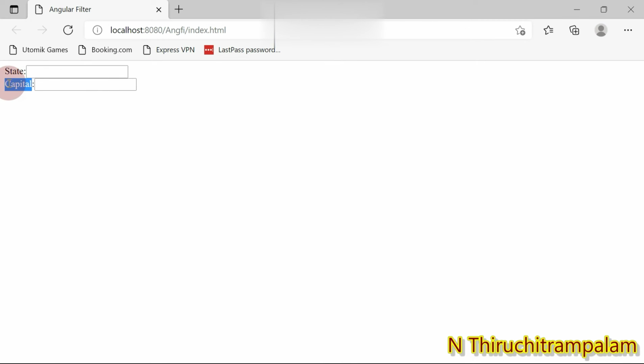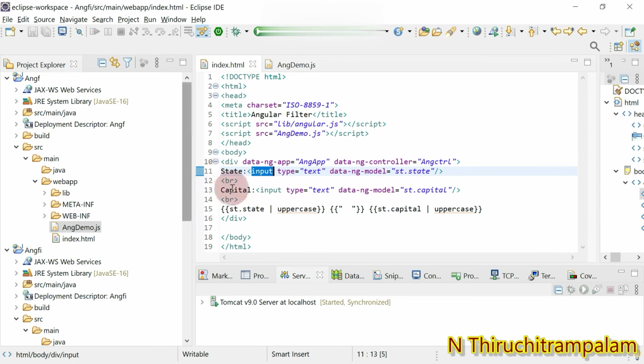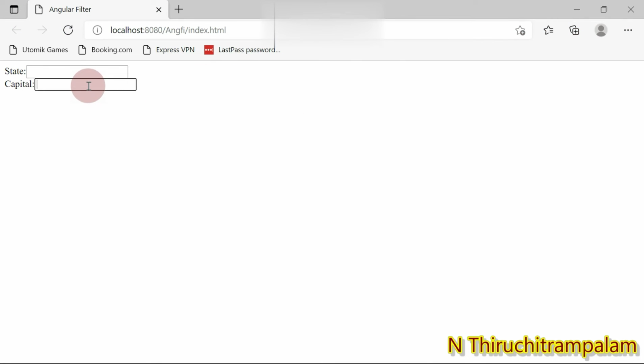And then you can see capital colon, the label we have given here, which got printed on the view page. Then we have created the second text box using the input element, just to get the input for the value st.capital. That's the reason you can see the second text box, all right?